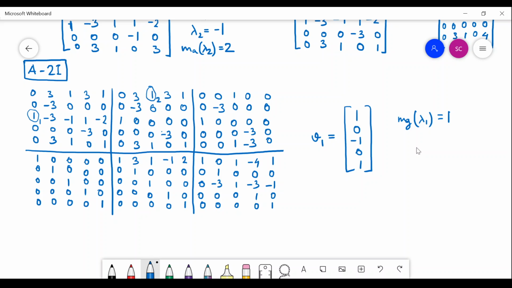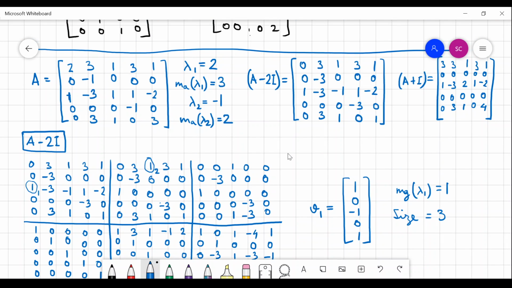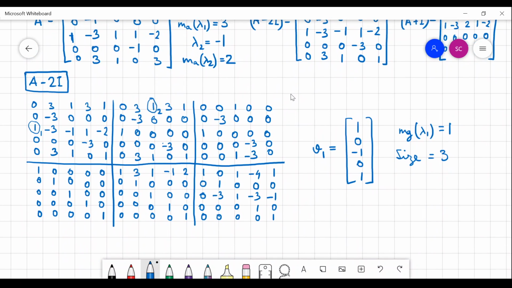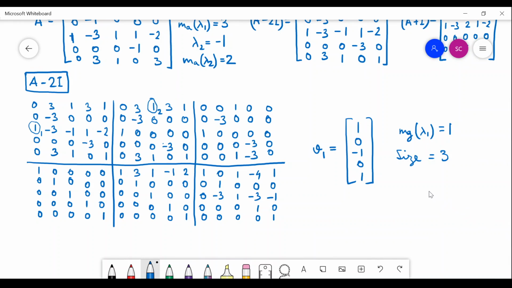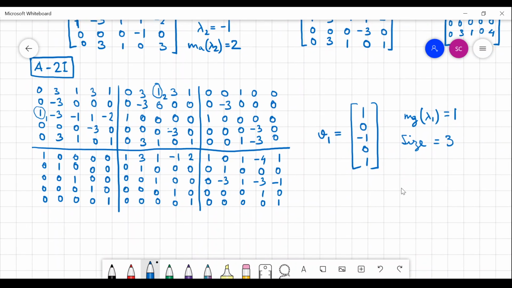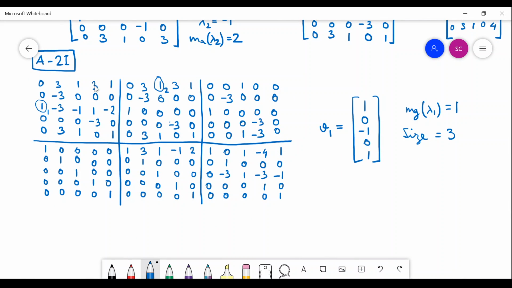That means only one Jordan block is there, and the size of the Jordan block is equal to 3, because the algebraic multiplicity is 3. So there is only one Jordan block, which falls into the category of equal size Jordan blocks actually, okay? Because there are no 2 Jordan blocks, there is no question of unequal sizes. So it is one Jordan block of size 3. So we can proceed with algorithm 1 to find the higher order eigenvectors now,